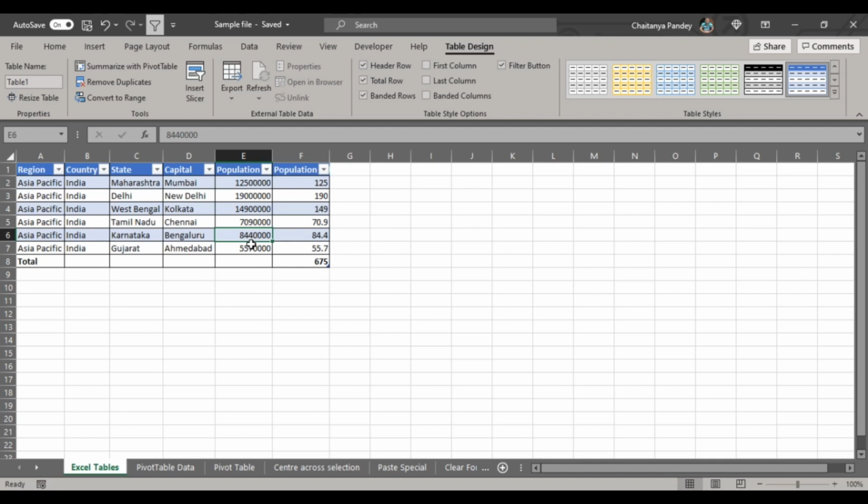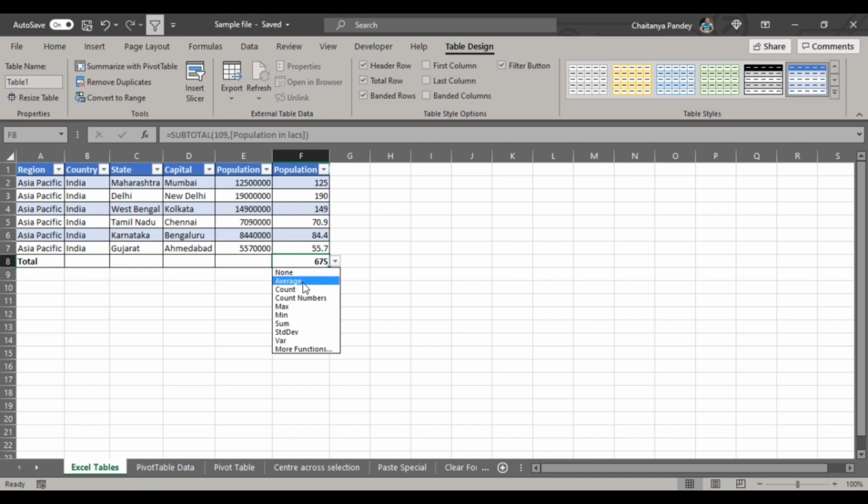What is different in this total row is that you have many options. If you click on this value here, you have a drop down, and this is actually doing the sum calculation. This is 75, as you can see here. So this is actually doing the sum function. Now you can also select different types of predefined calculations here.